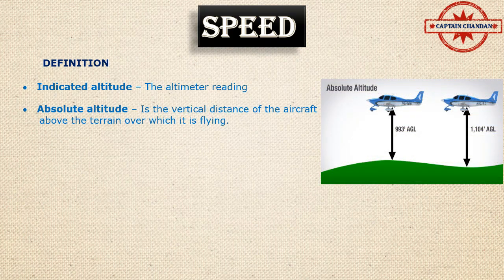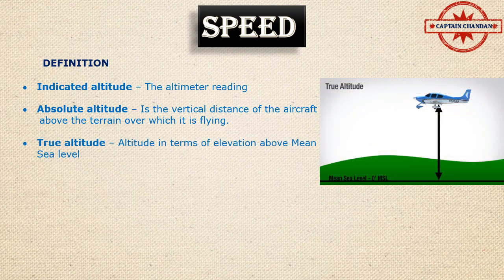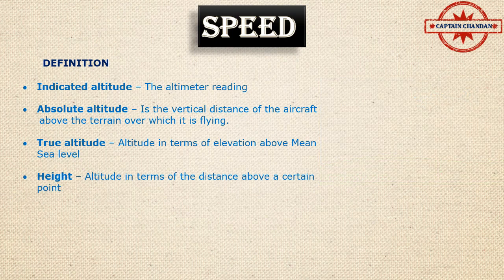Absolute altitude: it is the vertical distance of the aircraft above the terrain over which the aircraft is flying. True altitude: when aircraft altitude is measured from mean sea level, that is called true altitude. Height: altitude in terms of the distance above a certain point. For example, if you are flying over a mountain area, the distance from the top of the mountain to the aircraft is